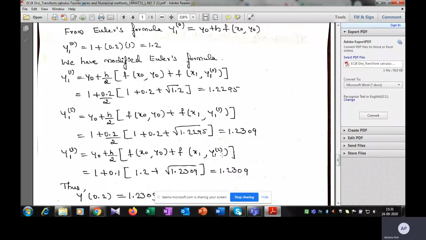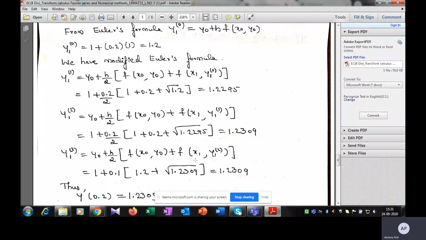Means once again introduce the given differential equation, in the form x plus mod of square root of y. x is considered as x1, y is considered as y1 of second iteration. Substitute x1 as 0.2 and y1 of second iteration as 1.2309. Simplified, you will get